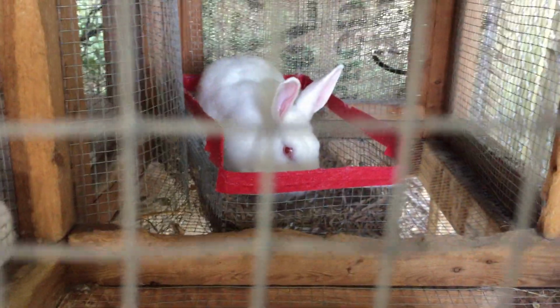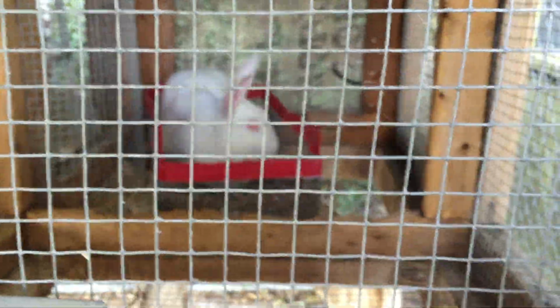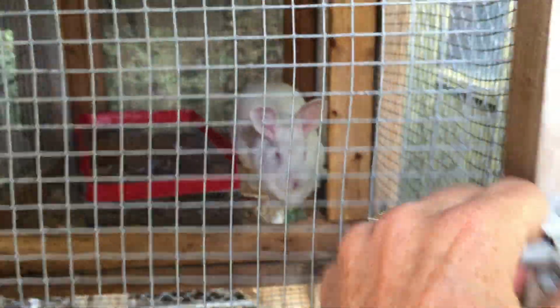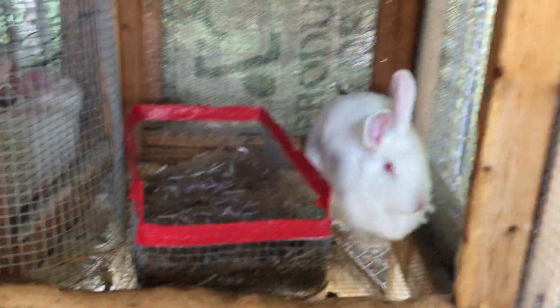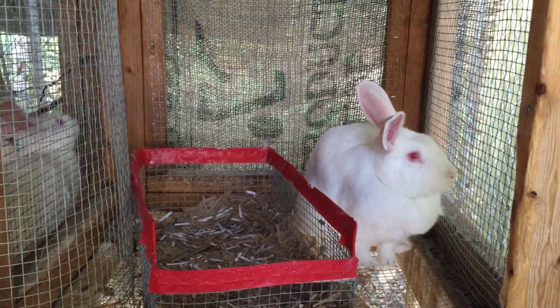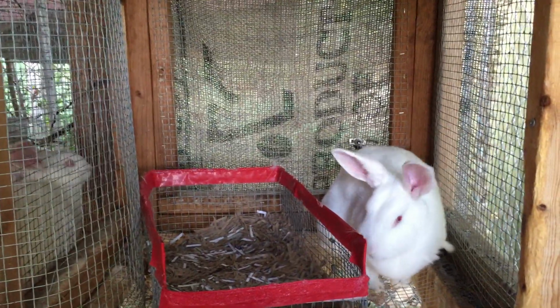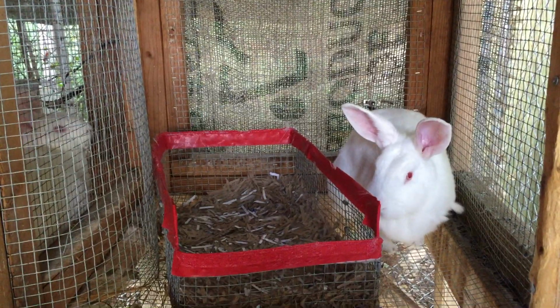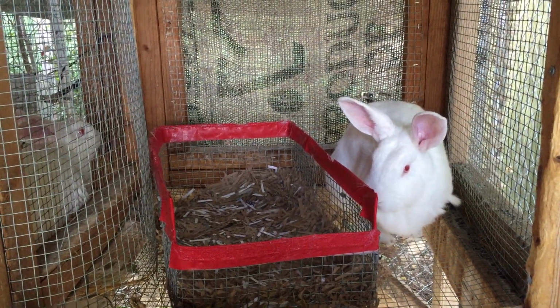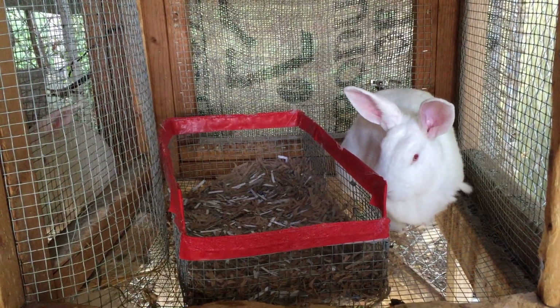And then this doe here, she's the one that I bred to my friend's buck, and it did not work. Every time I've ever bred this doe, she has gotten pregnant and produced big litters. So I've got to think that it was the fault of the buck. And when I got thinking about it, my friend does not have any way to keep her rabbits cool. And I know that bucks can get sterile if they are in the heat too long. And so I'm thinking that's what happened. Bums me out because this is the last breeding that we'll do of the season. This litter that was